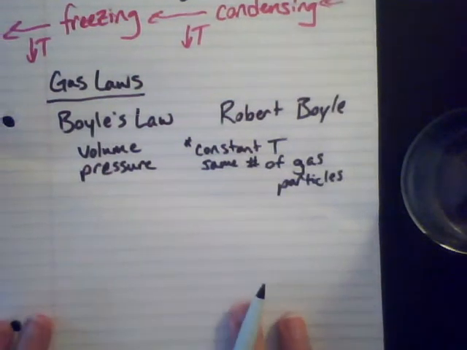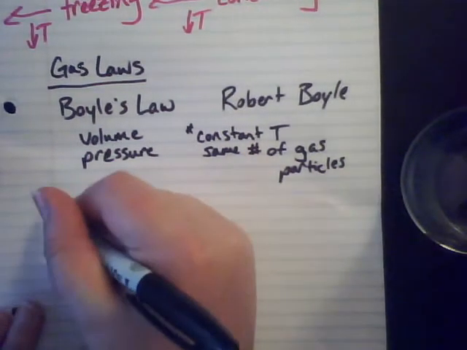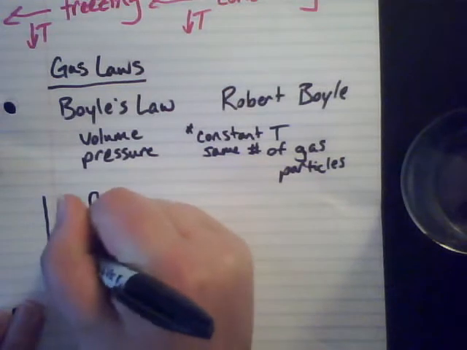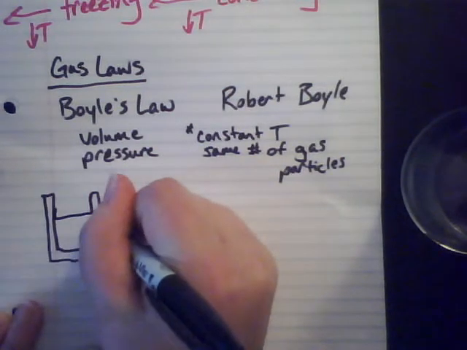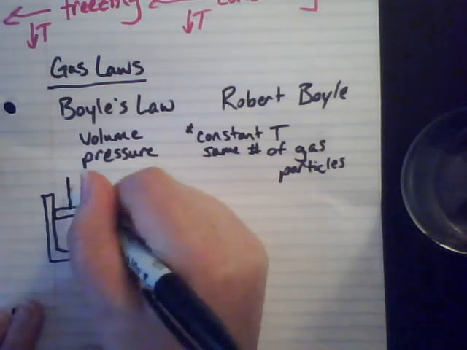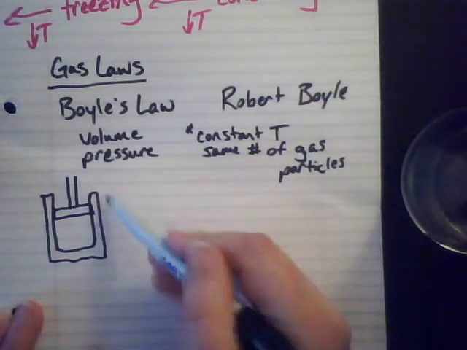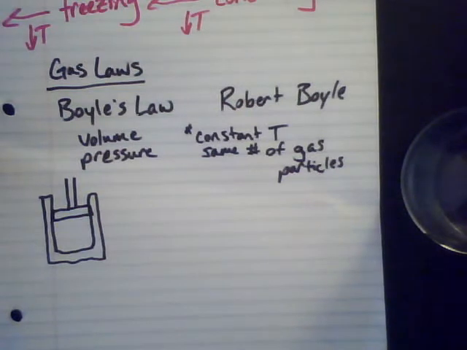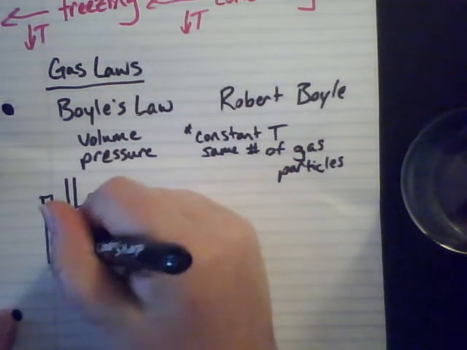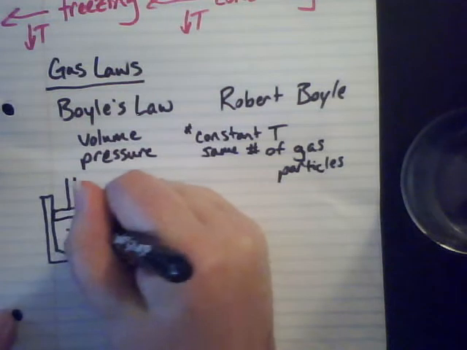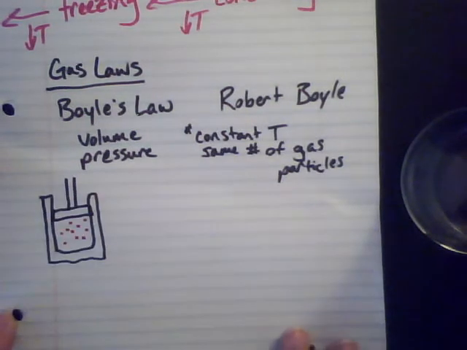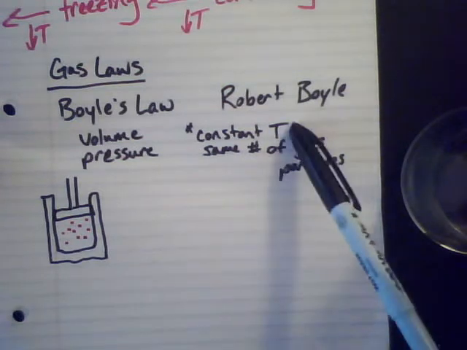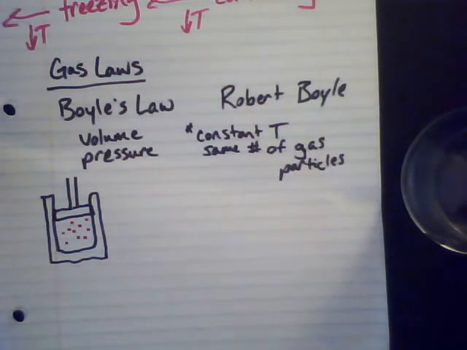So in order to understand Boyle's Law, I like to use a piston kind of setup here. So if I have a piston that looks like this, so here's my plunger on my piston, and this setup can move up and down. And if I have some gas particles in there, let's get my pink back out here. So if I have 10 gas particles in there, and I'm keeping this again at a constant temperature,